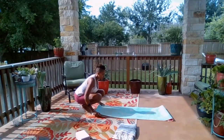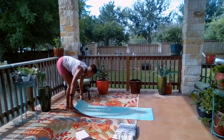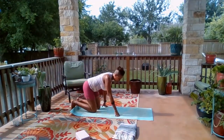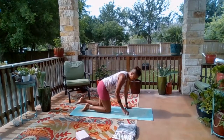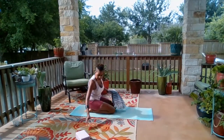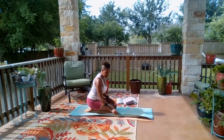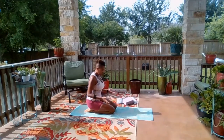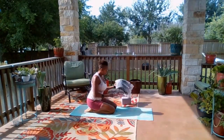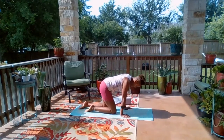So we're going to do some work. Again, this is closer to a beginner yoga class, so we're going to keep the moves simple and smart and safe. That's most important. So here, again, I actually have two mats down today because I need a little extra cushion for my knees. And if you need the same, you can always use a rolled up blanket or whatever's comfortable for you. So we were pulling our knees on the other side of the mat, coming to all fours,